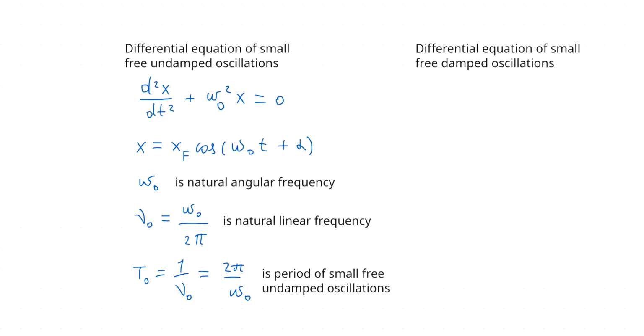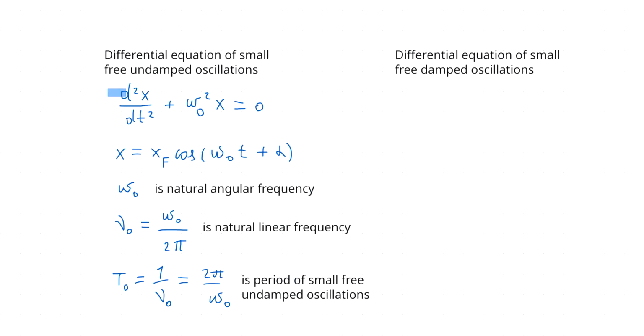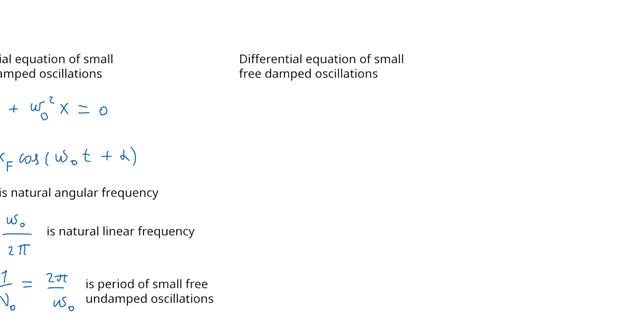It is very similar to the equation that was before, but it has one more term. It has first derivative, and 2 beta dx dt plus